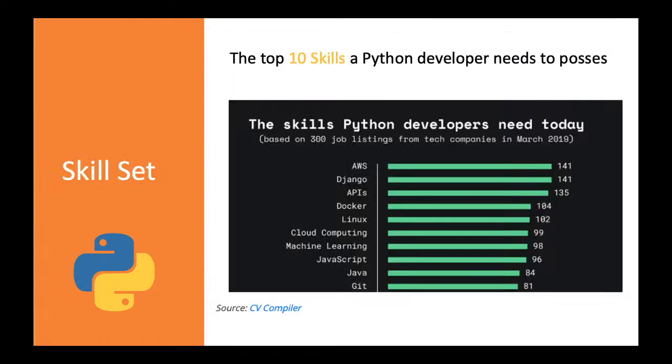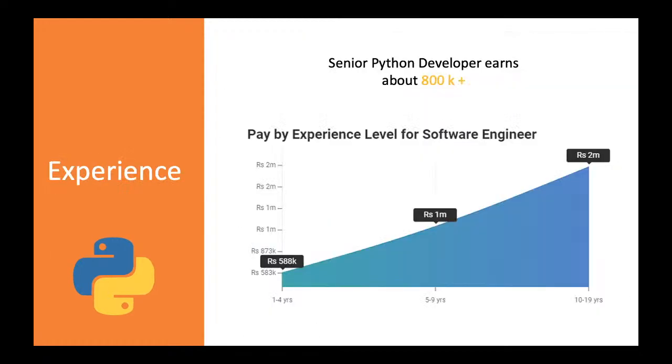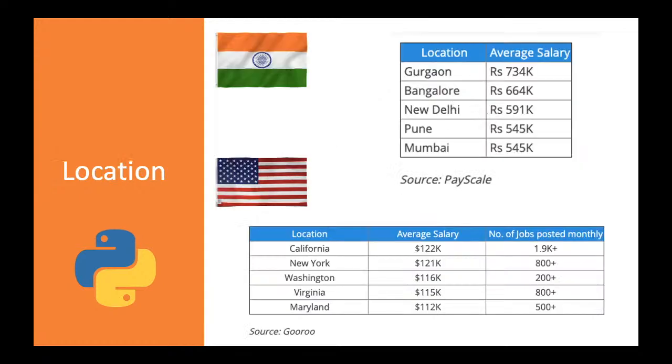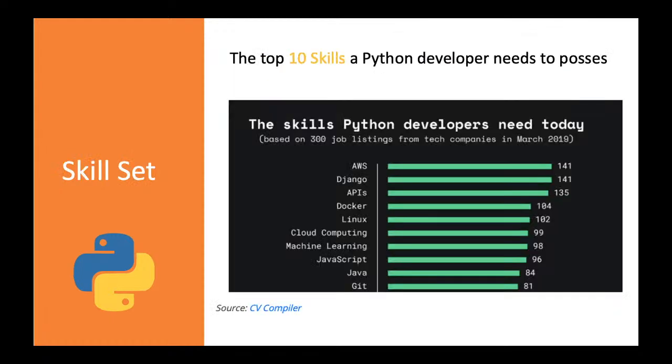Okay, we'll go on. So as I said, on the basis of experience, it matters. Similarly, on the basis of location, you can see the salary ranges. The salary varies over there on the basis of the locations too. And the third part, which is very important in the Python sector for getting pay scales, is the skill set, right? So what skill set do you have, like, with the advancement, if you know Python, what else do you know with Python? How and where can you apply Python to increase your skills, right? So if you have good knowledge in AWS, Django, machine learning, JavaScript, any such things, you'll get some advancement, right? That is also an important part.